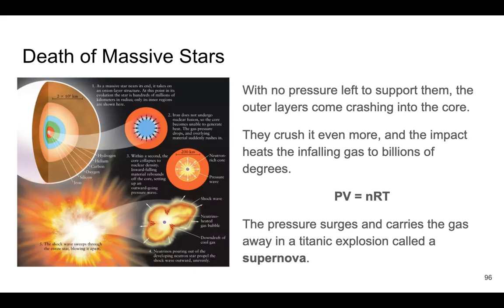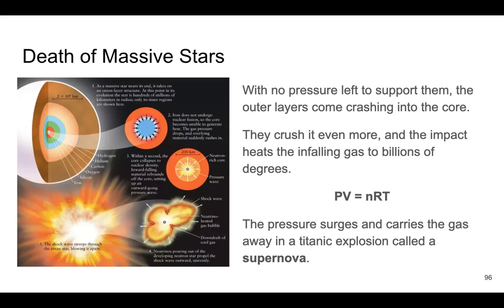So this will detail what happens in a supernova a little bit more. We no longer have that extra energy to give us the pressure from nuclear fusion to counteract gravity. So all the layers come crashing down. They crush it. All of a sudden, everything gets really, really hot because of the ideal gas law, PV equals nRT. So this huge pressure is going to suddenly blow everything apart, and you get this enormous explosion called a supernova. And nova means new, and it's actually a terrible name for this.